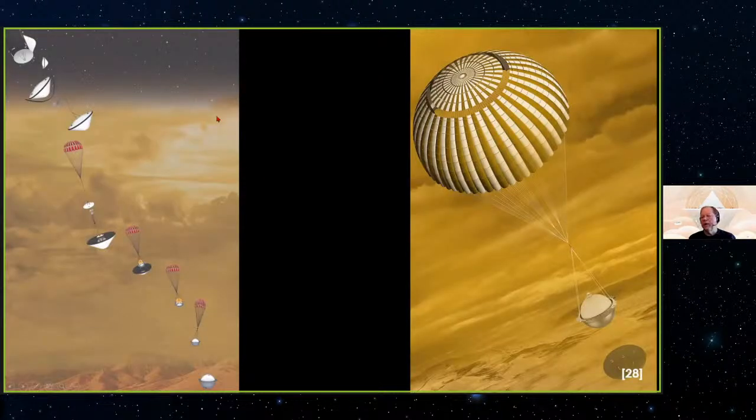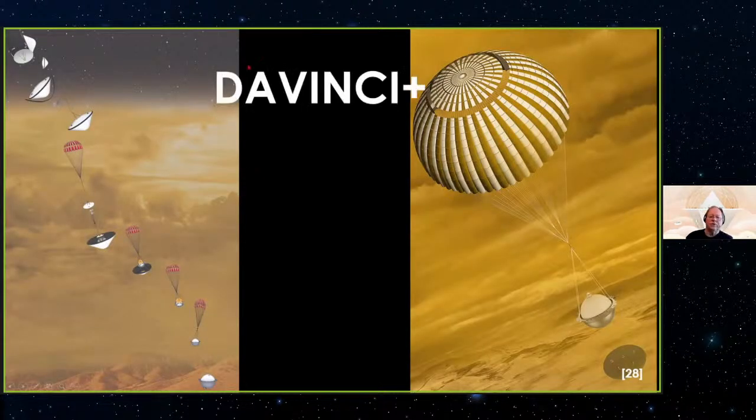The next one that we're going to do is called Da Vinci Plus. What Da Vinci Plus does is it's actually going to send a lander to the surface. And hopefully this lander is going to last longer than 2.5 hours. Part of what we're going to do with Da Vinci is, again, as it's descending into the atmosphere, it's going to be taking